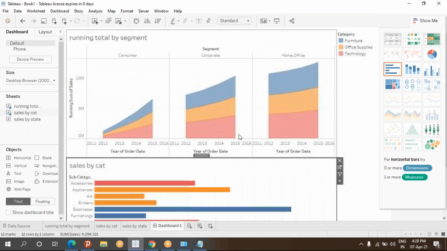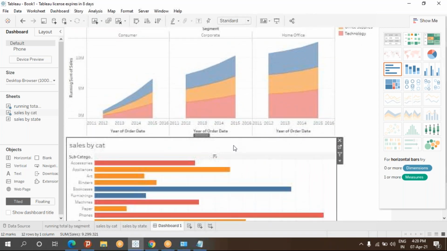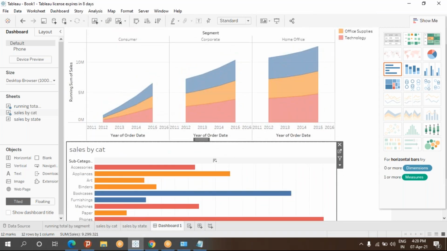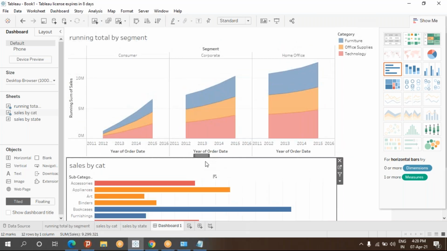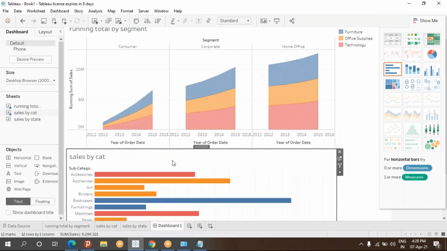So automatic will adjust based on that. Means automatically based on horizontal or vertical. Once I drop it in the tiled option, automatically the auto fit option will be enabled. Auto fit has a maximum size and a lesser size, and based on that, it will be added. And we can add a filter in this place also.